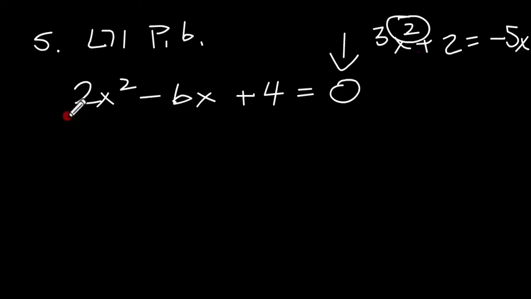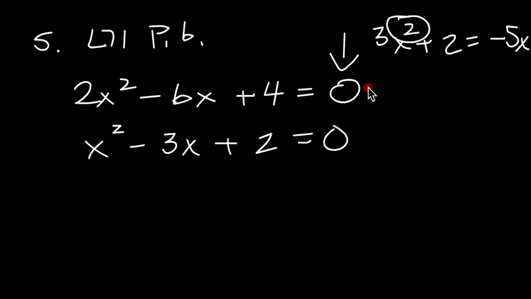Now, on this one, do you see how everything's divisible by 2? If you can see that, you can kind of reduce the equation. Everybody has to be divisible by the number that you use, though. So I'm going to divide everything by 2 before I use the quadratic formula. So I'm going to get x squared. This is a good tip for the SAT because it makes your work less. Okay, now we get